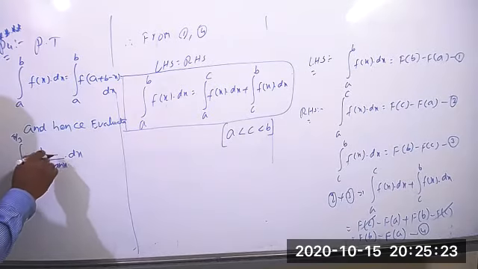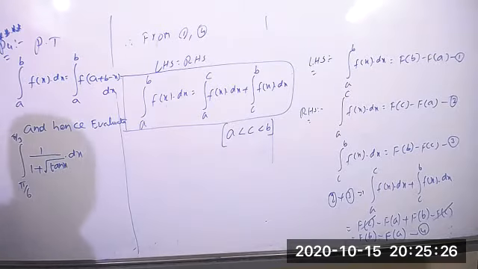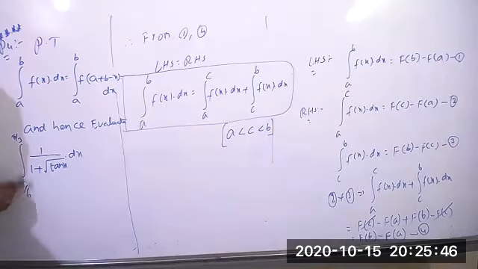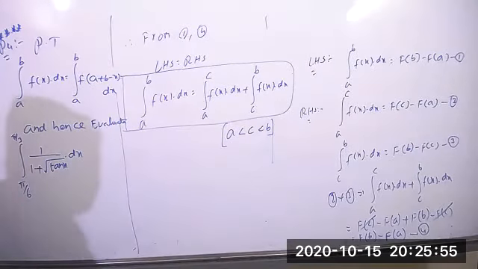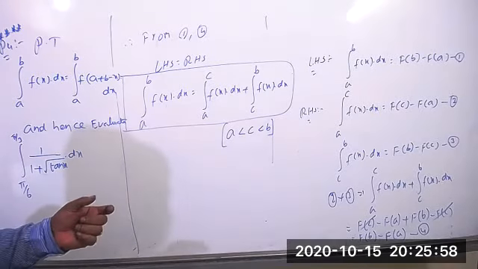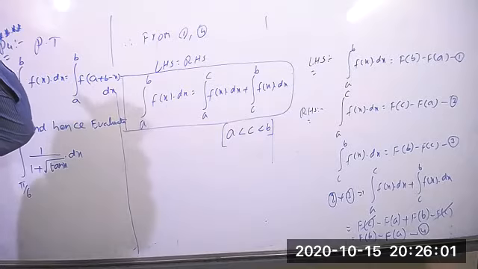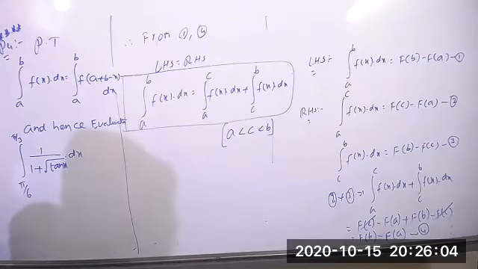It's the more important question for 6 marks. It's not 3 and 4 marks, it is 6 marks directly. Prove that integration a to b f of x dx equal to integration of a to b f of a plus b minus x dx, and hence evaluate integration of pi by 6 to pi by 3 of 1 by 1 plus root of tan x dx. Very easy and simple question, but it will get lengthy, because if you know all the trigonometry functions perfectly, then it becomes very easy.